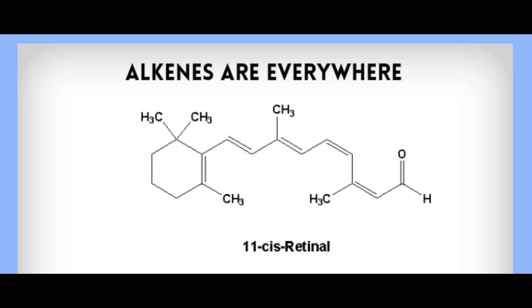So alkenes are obviously everywhere. This is a structure of 11-cis retinal. This is actually found in our eyes. It's a chromophore and it's a light absorbing group involved in vision. As you can see, there's arrows pointing to the double bond, so that would be an example